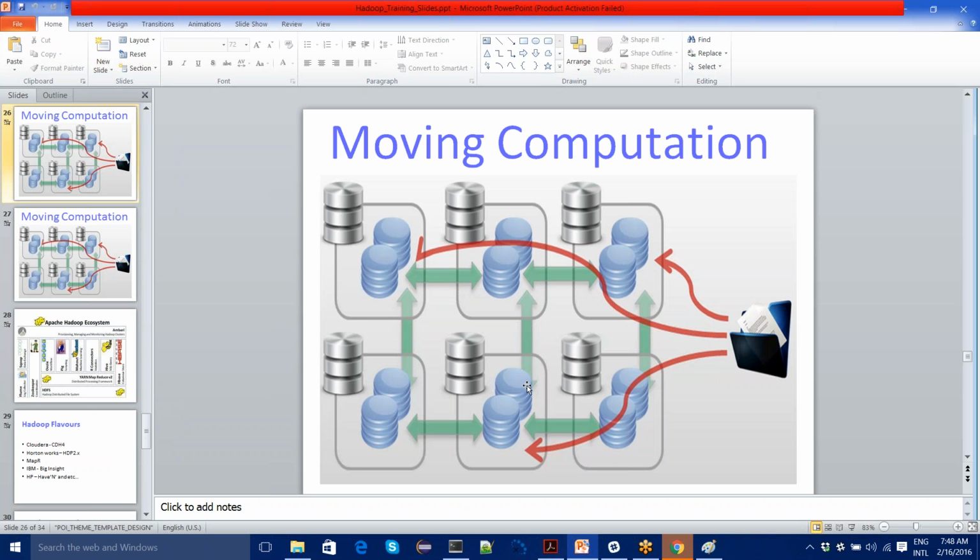And the other main feature is that earlier in all the distributed systems, whenever I'm giving a query, say for example, if I'm having Oracle as my distributed system, an Oracle instance may have up to 256 nodes.